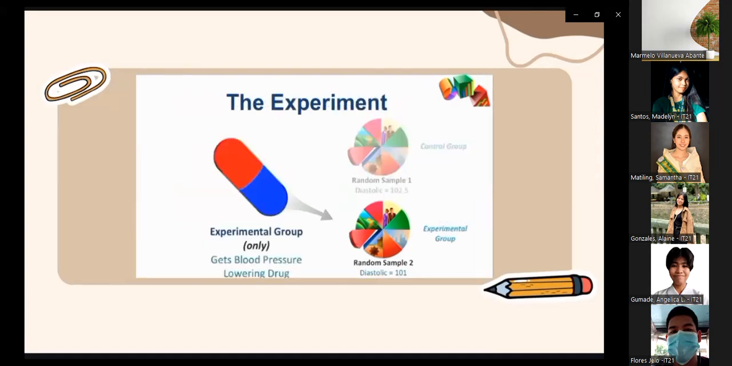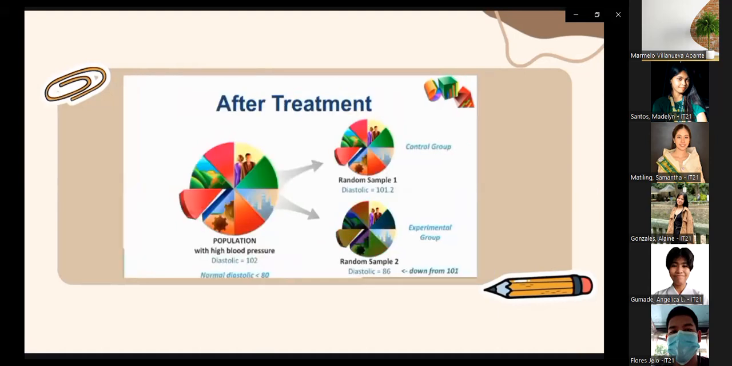To lower the blood pressure, we give the experimental group a new drug and keep them on the drugs for 2 months, then measure the blood pressure again. After the treatment, we find the control group mean changes from 102.5 to 101.2, which is still high blood pressure